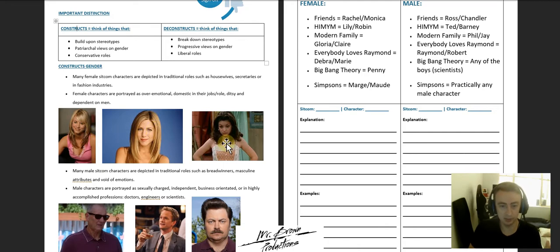Now I've got images here to help prompt you, but say for example, our first core point under the construct gender heading is that many female sitcom characters are depicted in traditional roles such as housewives, secretaries, or in fashion industries. What I would like you to do is draw a little arrow here. It might look something like this. And then I want you to give me an example of a sitcom character which portrays that. So for example,